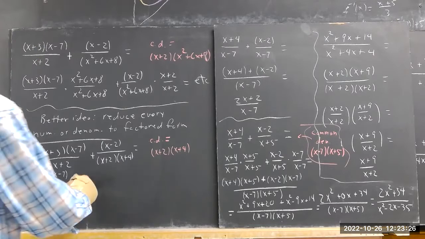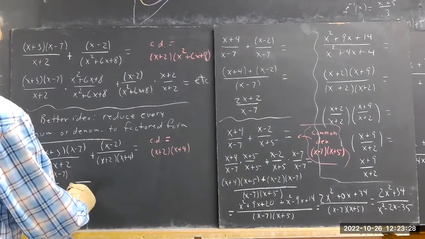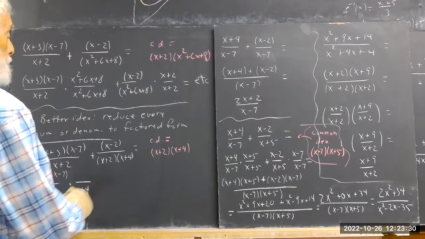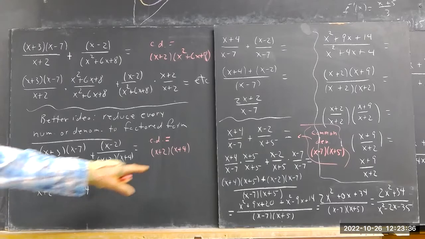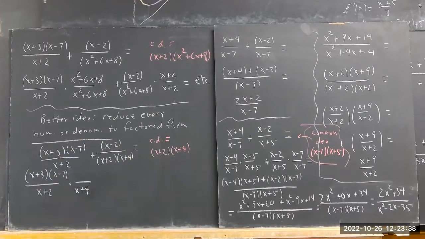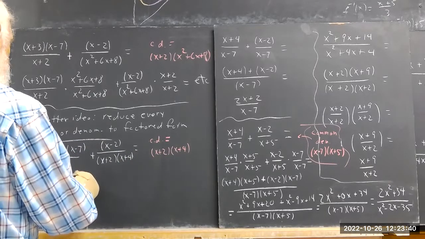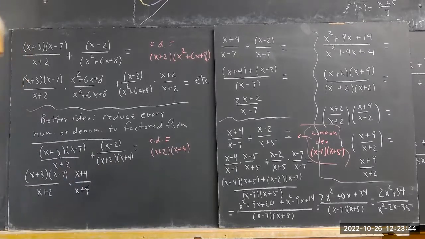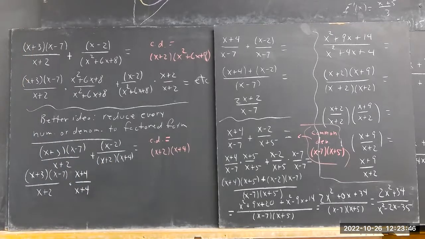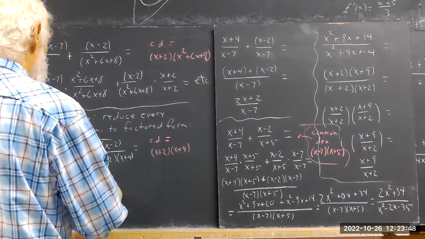All we need to multiply the denominator here by is x plus 4. Because then we'll have x plus 2 times x plus 4. We'll have a common denominator. And of course, to multiply the denominator by x plus 4, we've got to multiply the numerator by x plus 4. Then we have